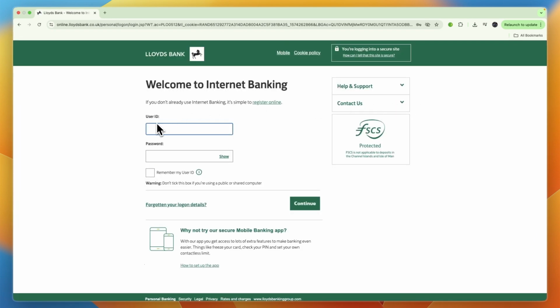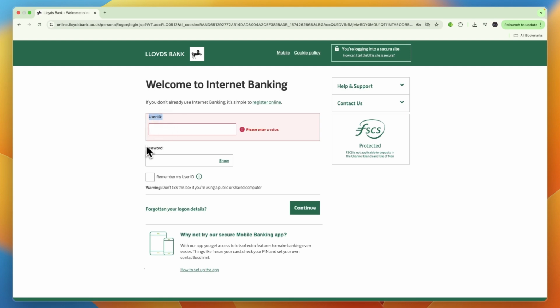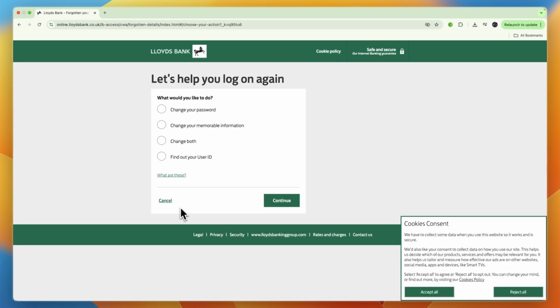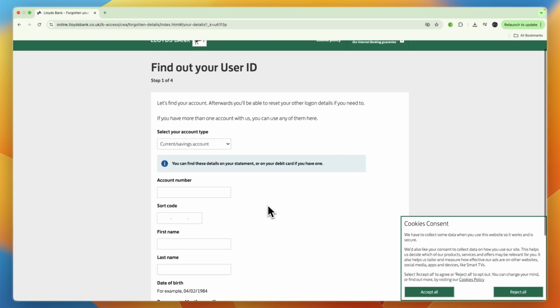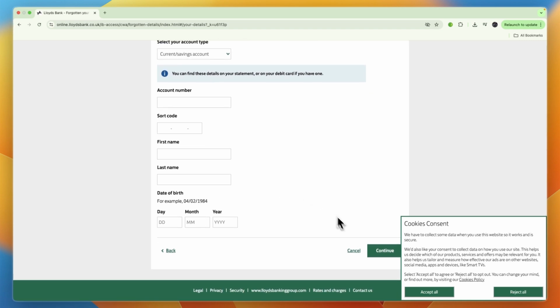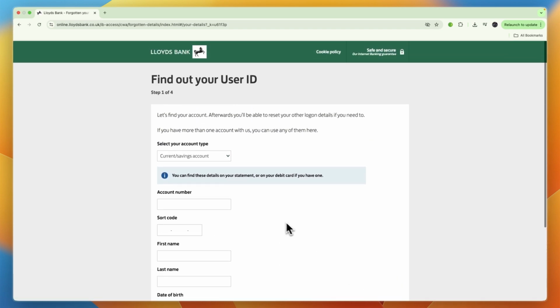And then from there, they will ask for two things, your user ID and your password. Now, if you don't know one of these, then what you can do is click forgot on your logon details and then select which one you forgot. So you can change your password, change your memorable information, change both, or find out your user ID, for example. Then you can click continue. They will just need to enter some details to verify it is actually you, and then they will give you